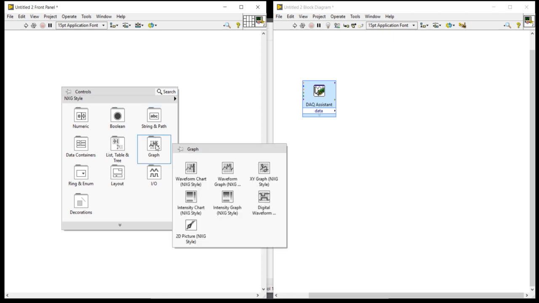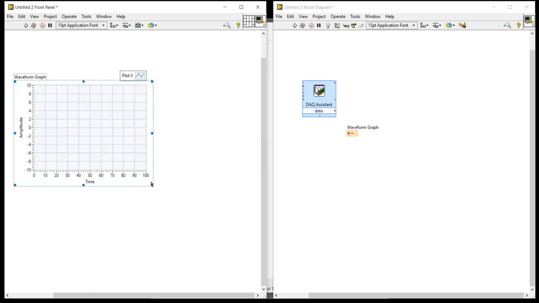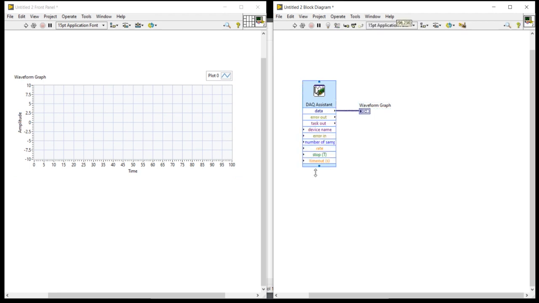Now right click, come here and take a waveform graph. You can make the connection like this. You can drag it top to bottom, and here you can see the number of samples.